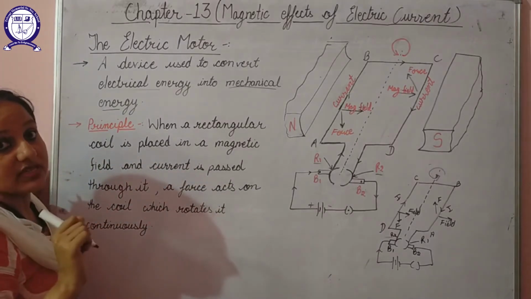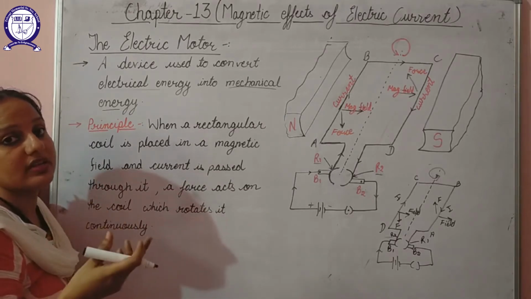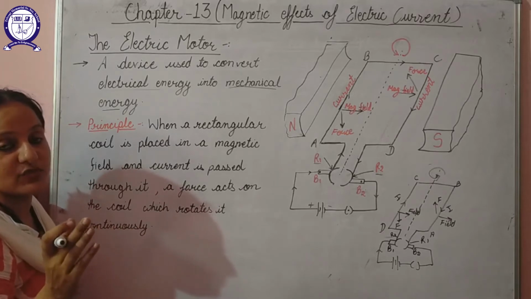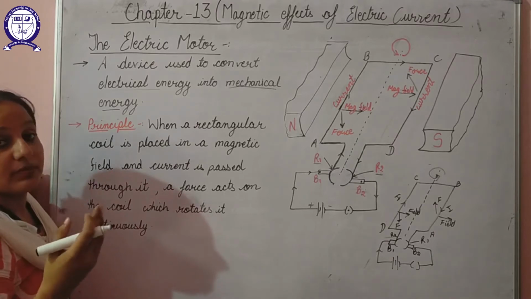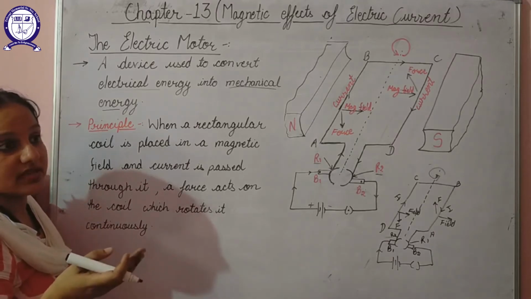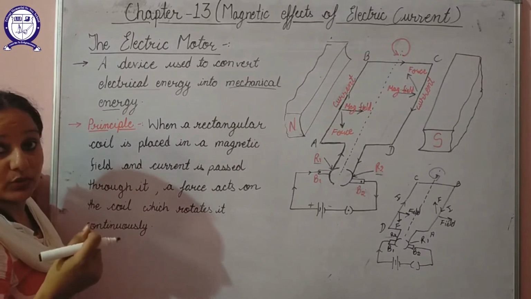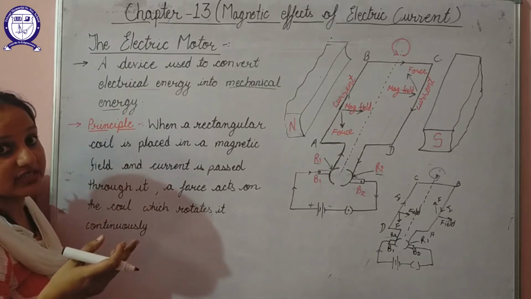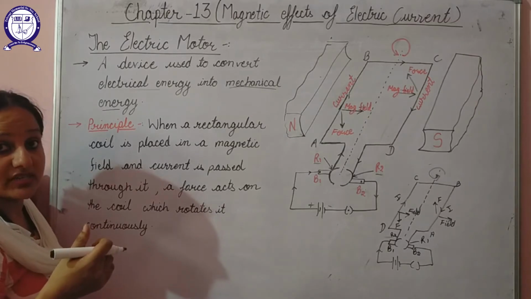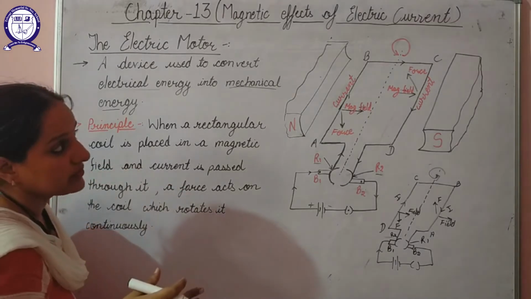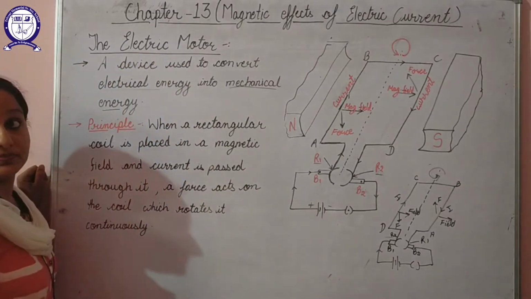One thing that I have not discussed here is what all are the places where we can use an electric motor, what all are the devices we are using at our home in which we are using electric motor. For example, washing machine is there, mixer grinder is there, refrigerator is there, and our water motors, the water pumps, they are also using electric motor. Even our vehicles are using electric motor. Electric fan is using electric motor. So in this way, a number of devices are there in which we are utilizing this electric motor.